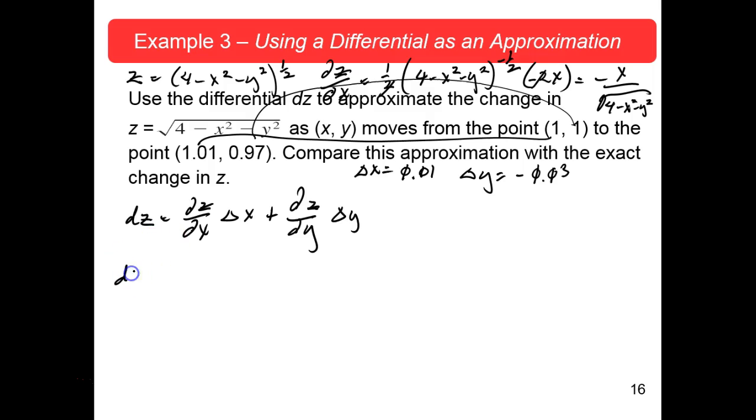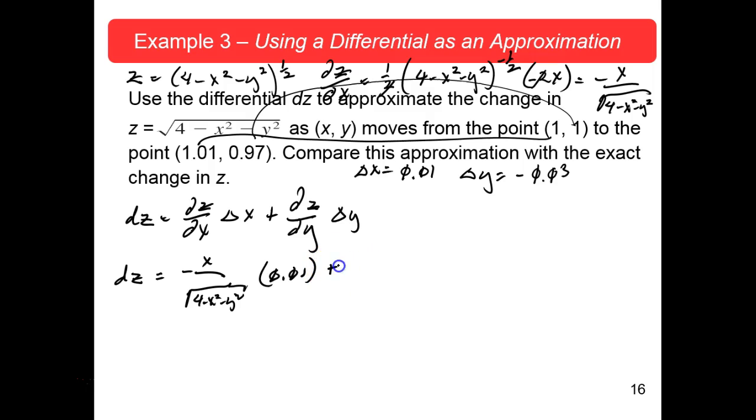So your dz, the differential z, is equal to that thing, minus x over the square root of 4 minus x squared minus y squared, times your delta x, 0.01,